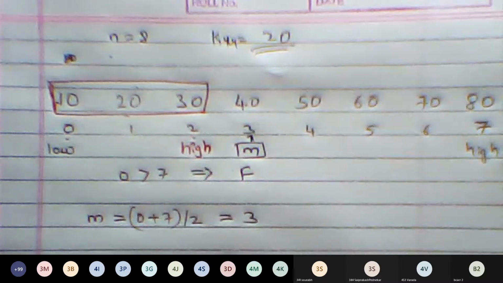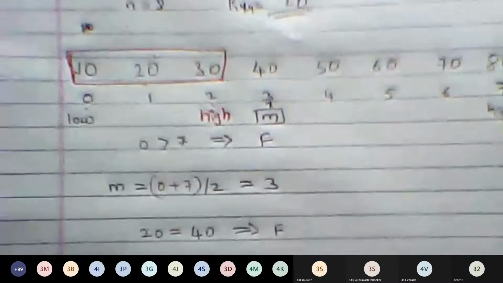I'm ready to explain. There is no problem in that. If you think that you need an explanation for one more example for unsuccessful search? Yes, sir, one more example. Sir, we need. You need it? Okay, fine. We will take one more example and then try to sort it out.